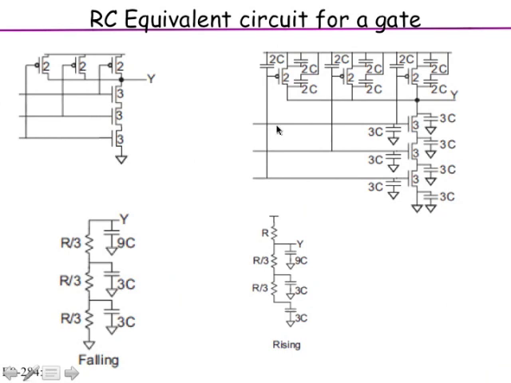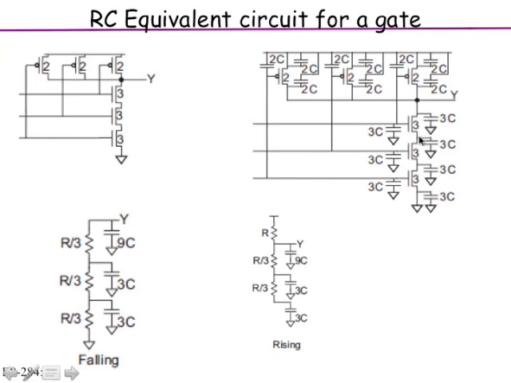Remember, again in this textbook, of course we are assuming that the PMOS mobility is half that of NMOS. So a PMOS of size 2 has the same resistance as an NMOS of size 1. So PMOS of size 2 has a resistance R connected to the output, and the output capacitance is 9C. Why? Because there is 2C, 2C, 2C, 6C from the 3 PMOSes, and then 3C from the drain capacitance of this NMOS in the top. So that is 9C. So output capacitance is 9C. This is just the self capacitance. It's not the capacitance of the load. It's just the self capacitance of the gate.